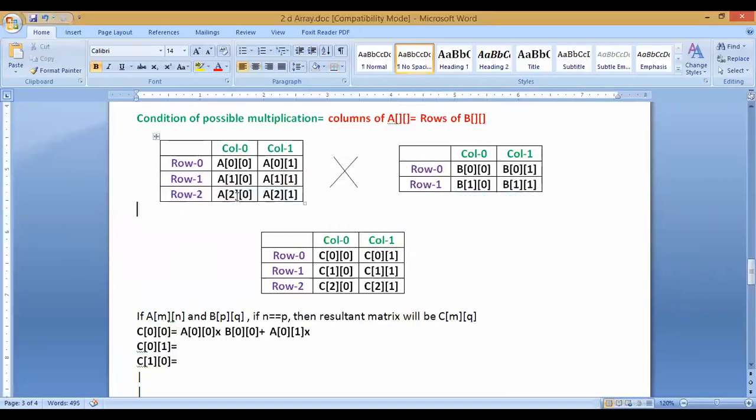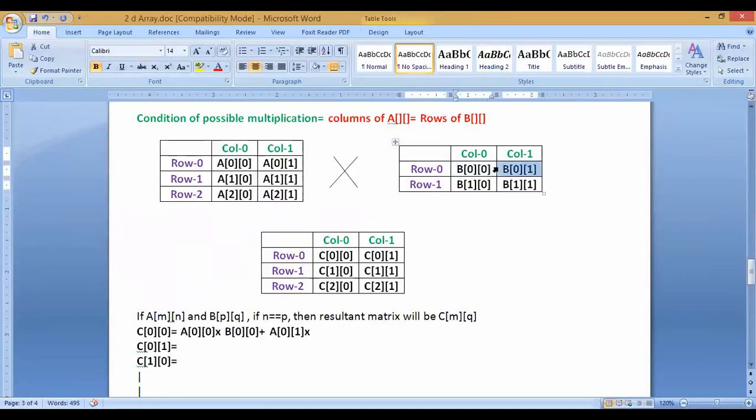So this A matrix is of which size? 3 cross 2, and this is 2 cross 2. So column of A is 2 and row of B is 2. They are the same. So now I can do this. So first row A00 is multiplied by B00.